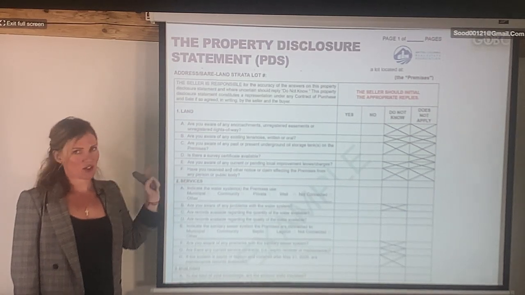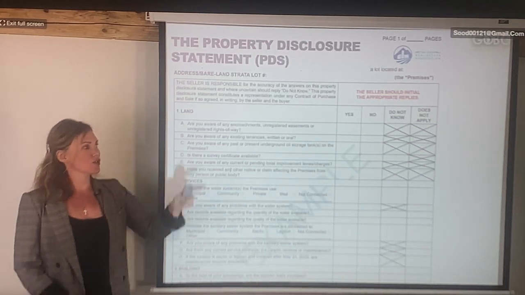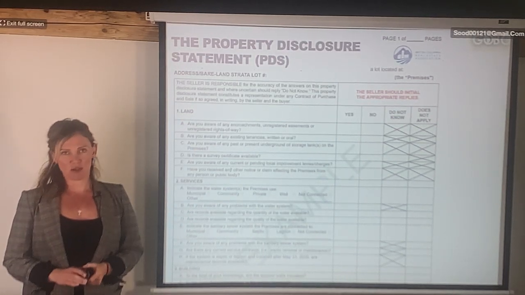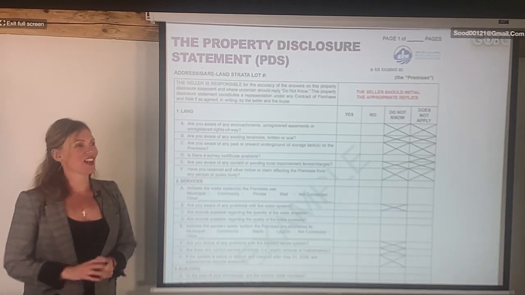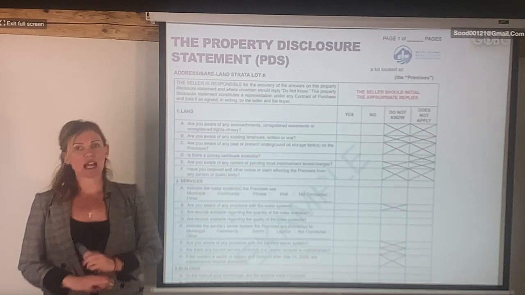This is not a protection to the seller. But without this form, we cannot list the house. Smart sellers, a lot of times, cross things off because they don't want to be responsible for everything they say in there. I'm just teaching you little tricks, right? Especially if they don't live in the property, they cross it off with an initial, saying, I don't know anything about the property because I don't live in the property.